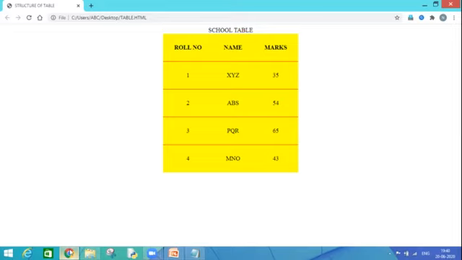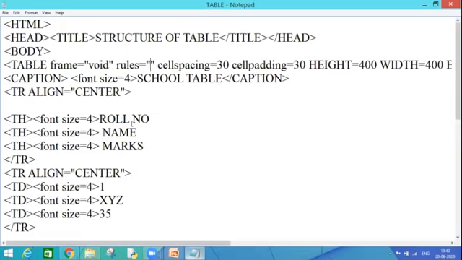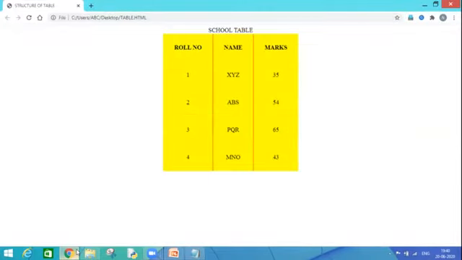Now the border is removed from everywhere and it has come between my rows horizontally, right? I can show you for cols also. If I write for columns, the word is cols, C-O-L-S. We don't write column completely, right? Control S, going back again, F5.